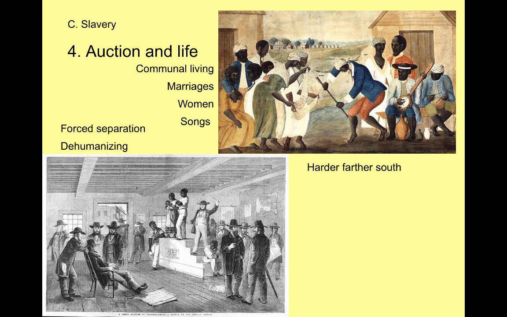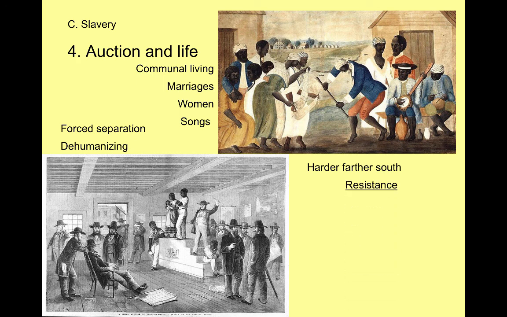The further north you go, like I said, Maryland or Virginia, they are growing tobacco, and the profit margin is not as high, and so typically slave owners did not beat their slaves to death because they would then have to buy a new slave, and their profit margins aren't high enough to make up for that. This is something we'll talk more about in the future. But the further south you went, the harsher life got, and the shorter your life expectancy.